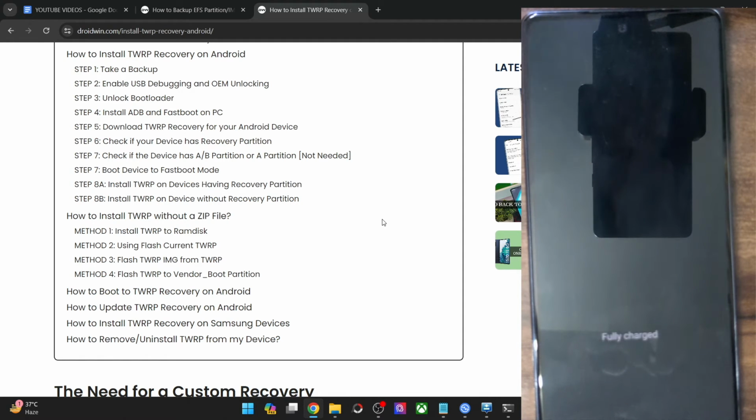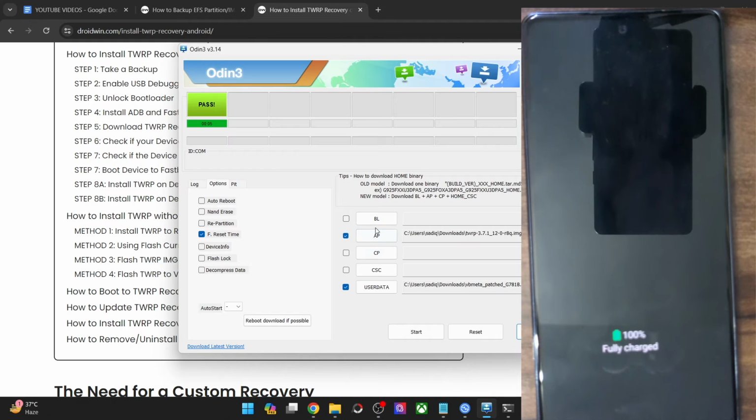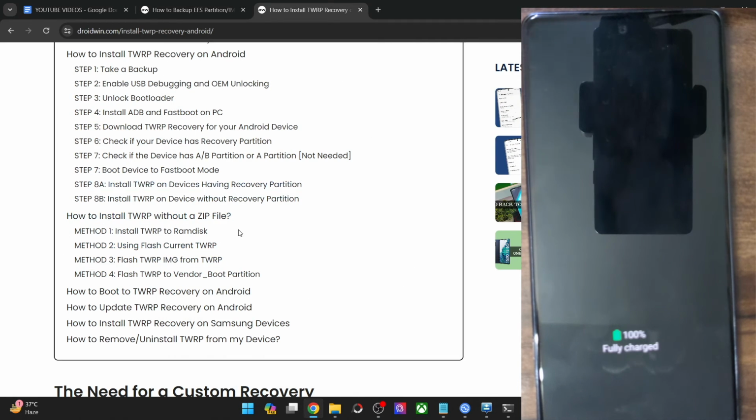Or if you have a Samsung phone, then you may flash the recovery in the AP slot. For instance, load the recovery.tar in the AP and load the VBMeta patch in the data slot, and then boot your phone to the download mode and flash the recovery. I have given out all the steps in this guide and the video as well. So do the flashing, and once you have flashed the recovery, let's now boot our phone to the recovery mode.